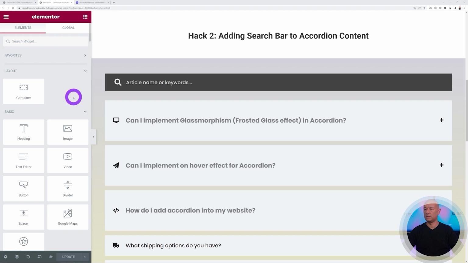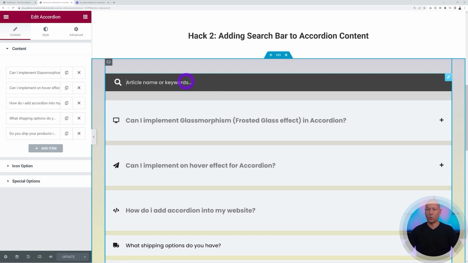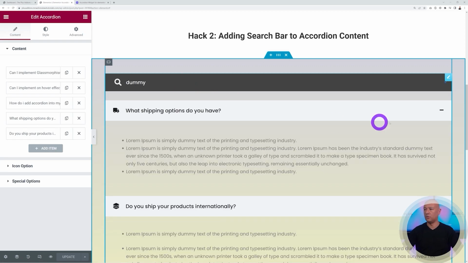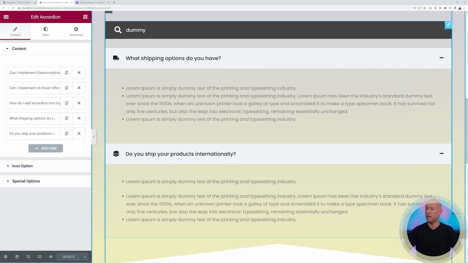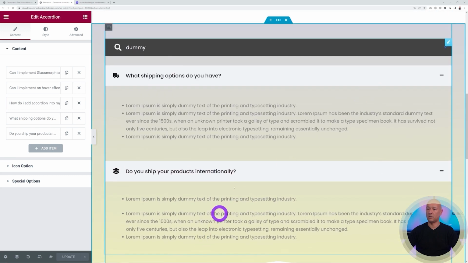So let's say you created an accordion section for answering questions like an FAQ, something like this. So you might have a series of several questions, a lot of content, obviously, to digest, if someone wants to look for something specific and doesn't want to scroll through all the questions one by one. So let's give you an example here. I know the word dummy is part of those, and as you can see, only 2 tabs are open now